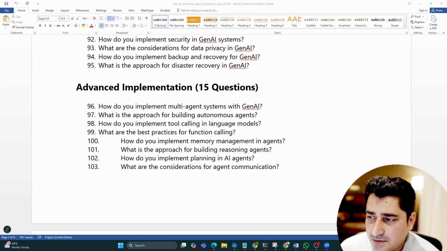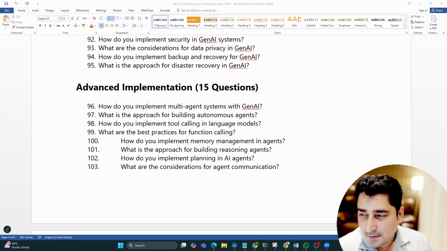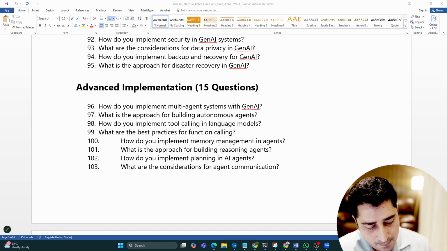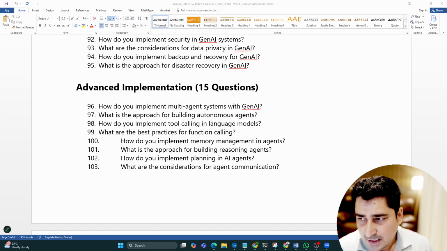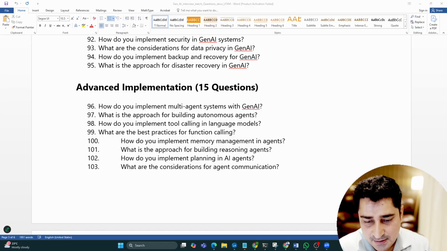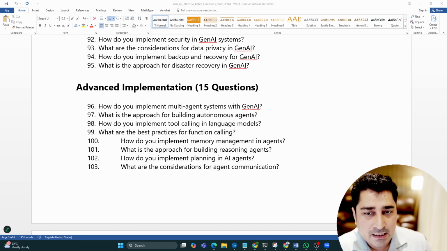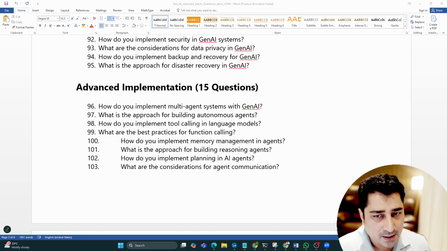Apart from that, it was also trying to give me an ATS score, right? In a real manner, the way any system is going to calculate the ATS score, in the similar manner, basically it was giving me an ATS score. Now, to read or to parse this entire resume, to generate a new content for a resume, and even to align this resume with a job description, and to basically give an ATS score of the new resume content with respect to a job description,